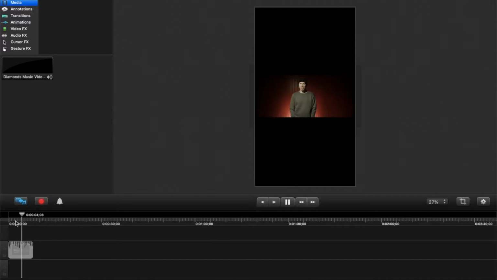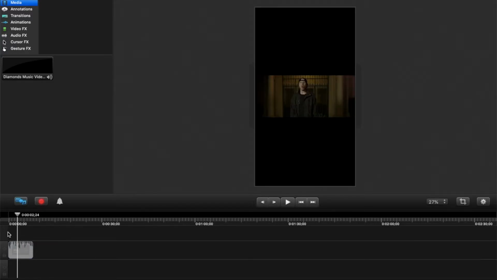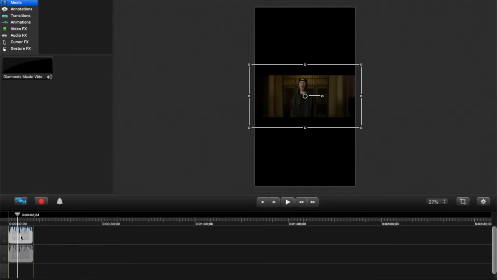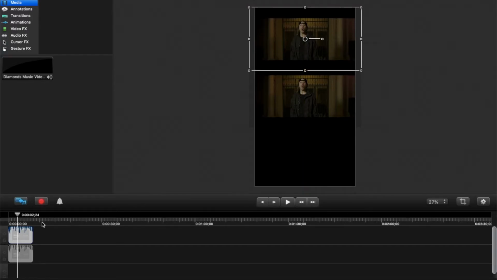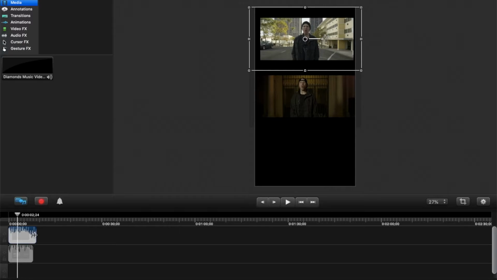And I just wanted something that's really moving and really energetic and cool looking. And so I've dragged that to the timeline here, but that doesn't fill up the whole thing. So I'm just going to put one more video. What I'm going to do is I'm going to copy this, and then I'm going to click on this line here, and I'm going to paste it, and I'm going to put that on the top. And I'm going to drag that up here like that. But I want a different part of the video, so I'm going to drag the video out. I'm going to drag this over like that, and I'm going to put this here,